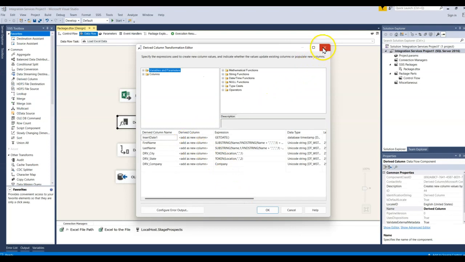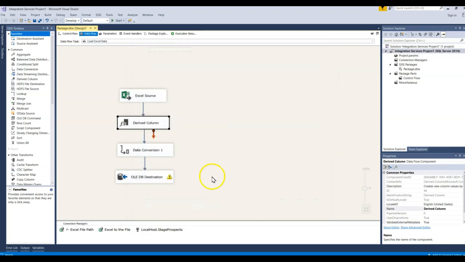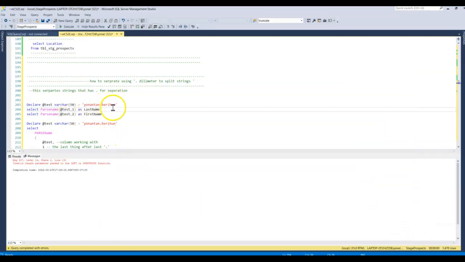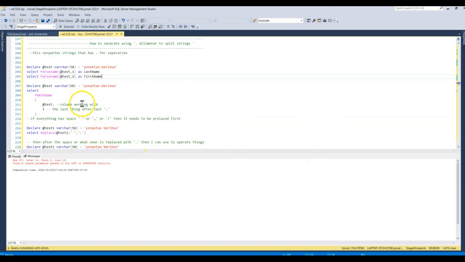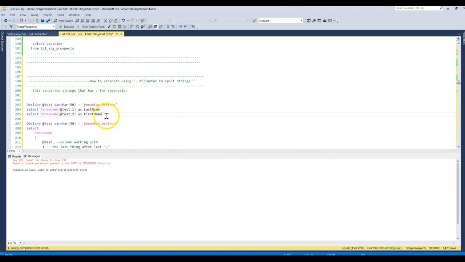It's called TOKEN. Token lets me pick, by location, everything that's separated by the comma, right? In the first place, or separated by the comma in the second location. And this is able to give me the same result. So even though PARSENAME is limited to the dot delimiter, it works fine when you use TOKEN over there in SSIS. So once I've tested these and this works, being able to separate the two like that,